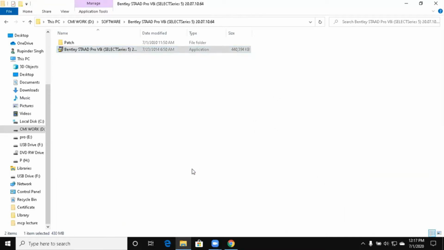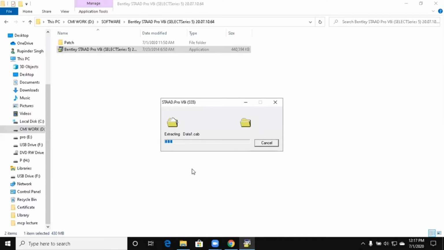Now right click on that setup and run as administrator, and your file will start to extract for the installation of your software, as you can see on the screen.